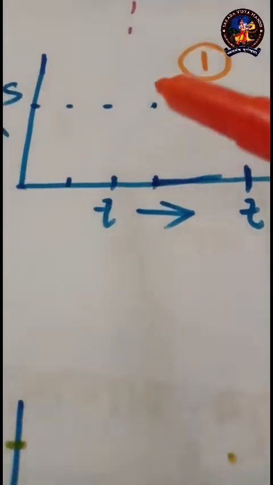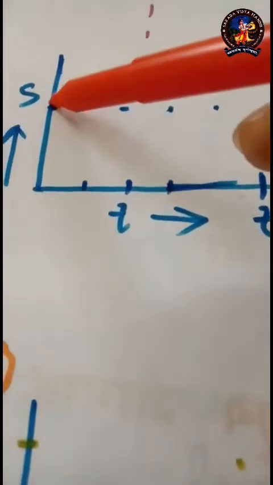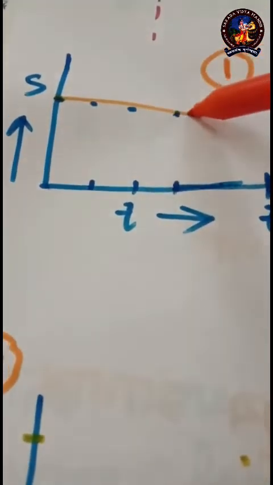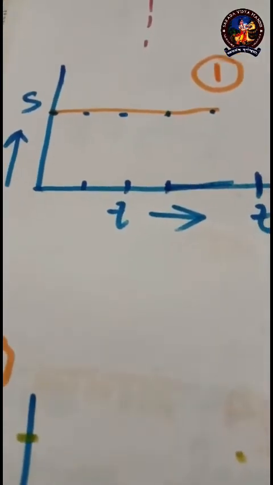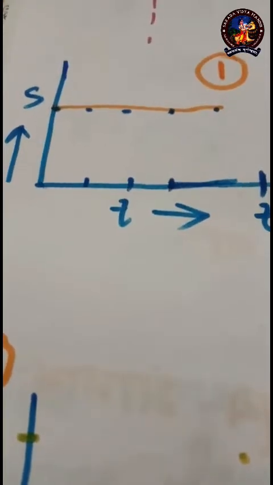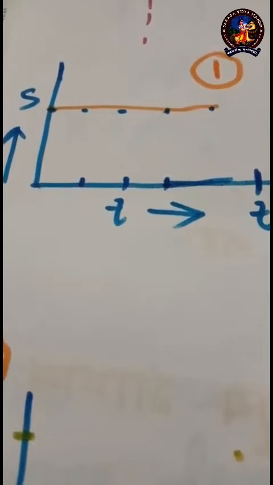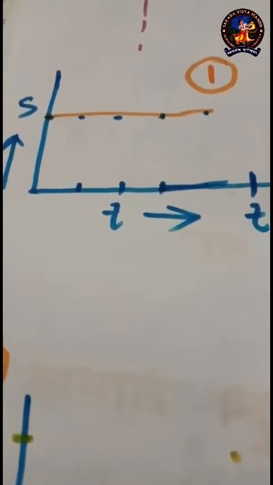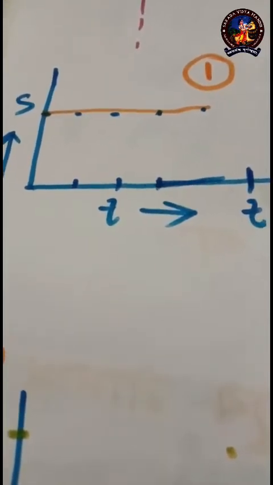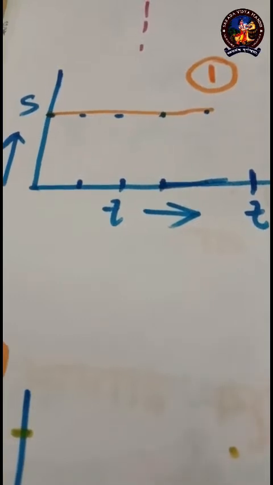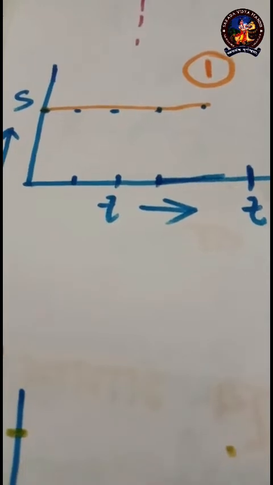So we have got the points. What are the points? 1, 2, 3, 4, 5, all the points I have got. Now I will be joining all the points by a straight line. So it will be just a straight line. It is a straight line parallel to the time axis. So this is the representation of the displacement-time graph when the object is static. Better you draw it yourself and write it down. This is the displacement-time graph when the object is static.